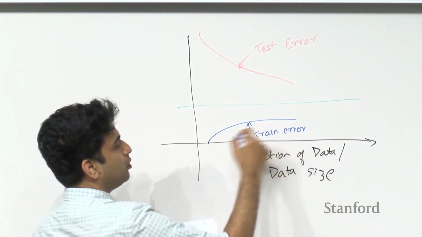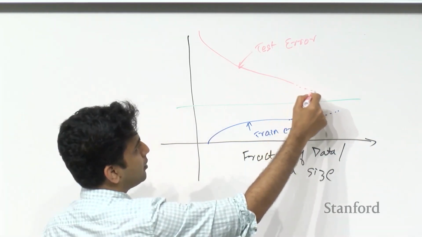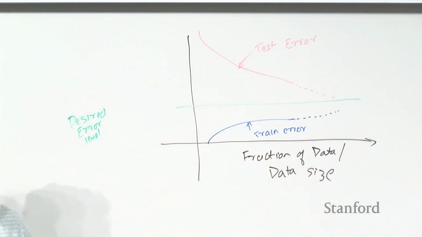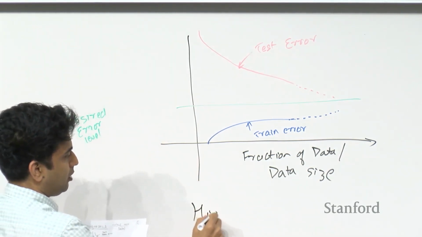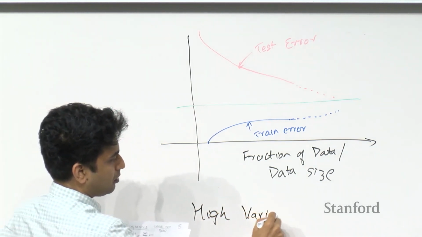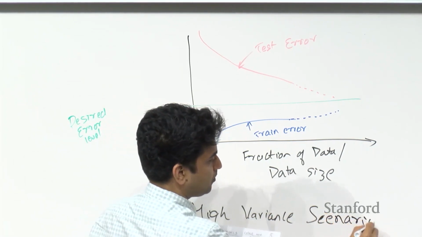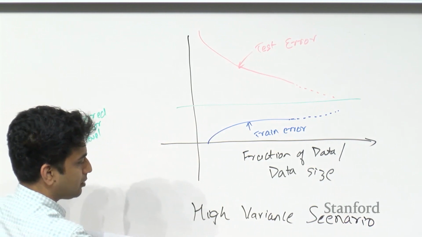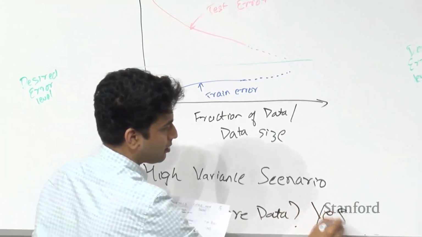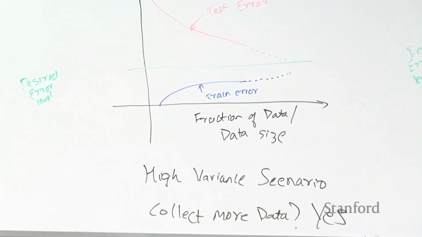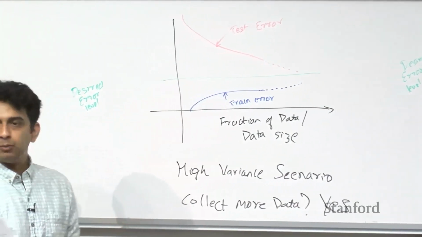Here it would be reasonable to extrapolate this as rising up a little further and this coming down a little more. Right? So if your plot looks like this, then you want to think of this as a high variance scenario. And for the question of collect more data, the answer here is yes. It is worth collecting more data. Depending on how much you value your performance, it may be worth spending more money